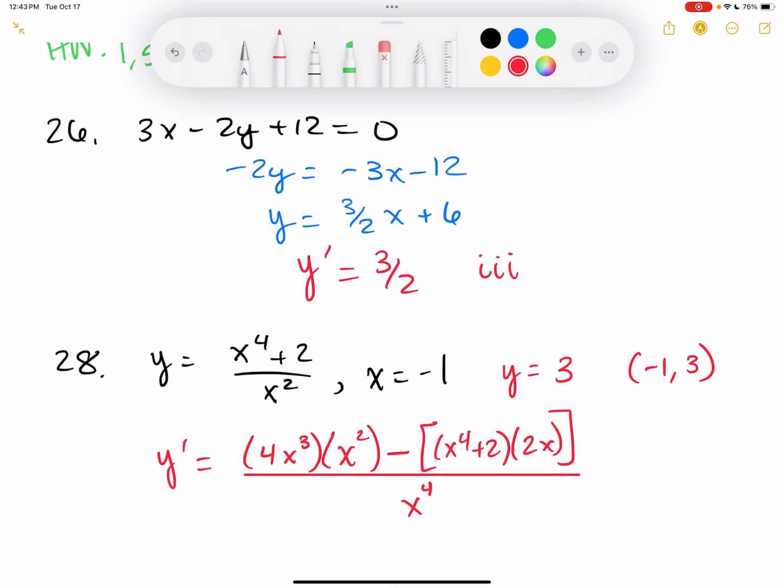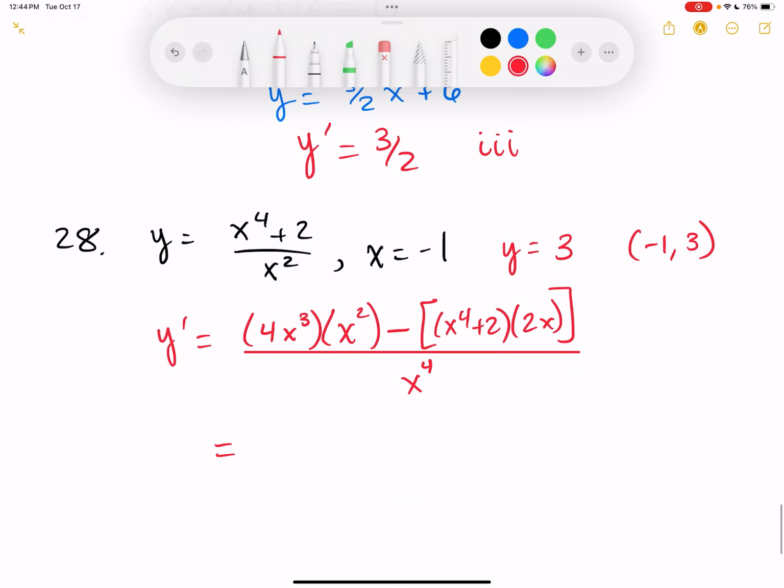So now at this point, you can absolutely go ahead and multiply the x's through and stuff like that if you want. Or because what we need to do is we're doing it at that particular point, x equals negative 1, I can go ahead and replace x with negative 1. Okay. And do it that way. So I would probably just go ahead and replace it. That seems smart. So 4 times negative 1 is going to be negative 4. Times negative 1 squared is 1. So it's going to be negative 4 minus negative 1 to the fourth is 1 plus 2 is 3. So 3 times negative 2 is negative 6. So this is going to become plus 6